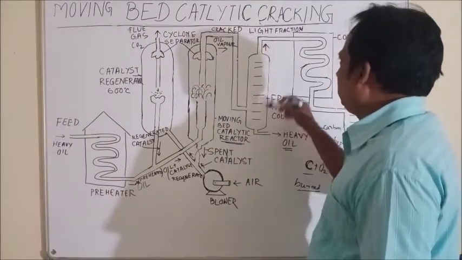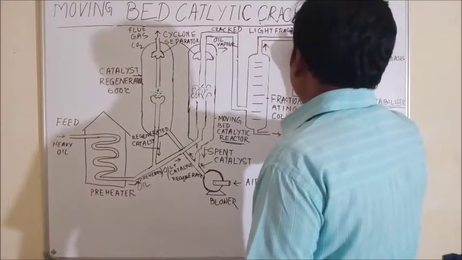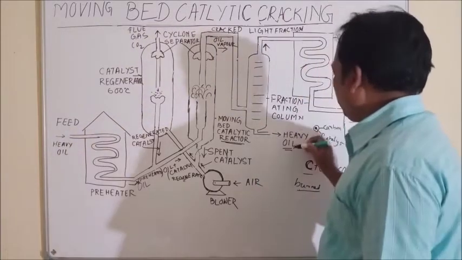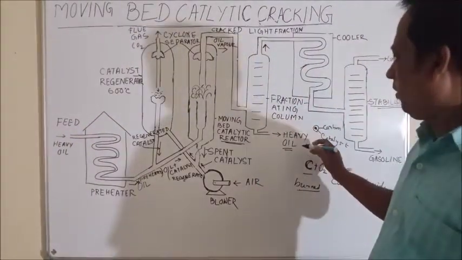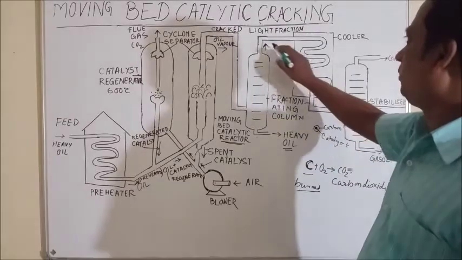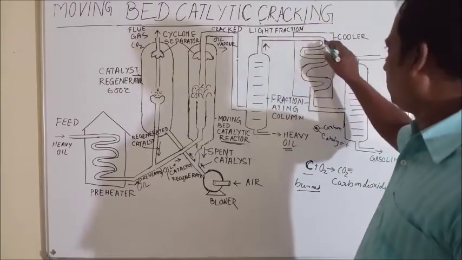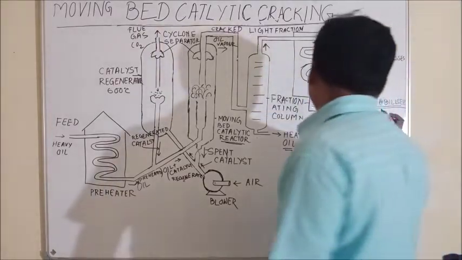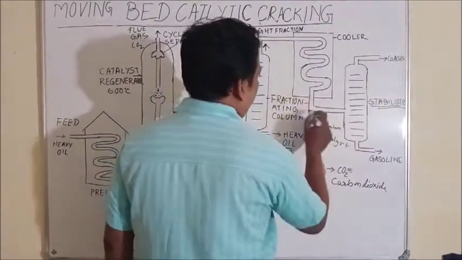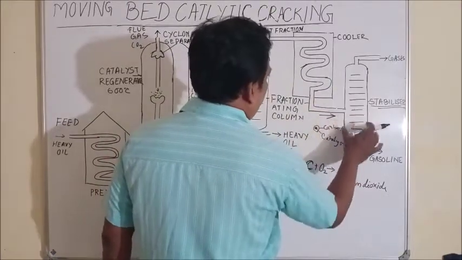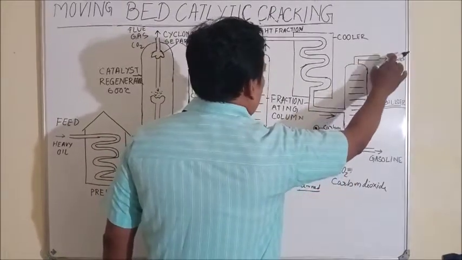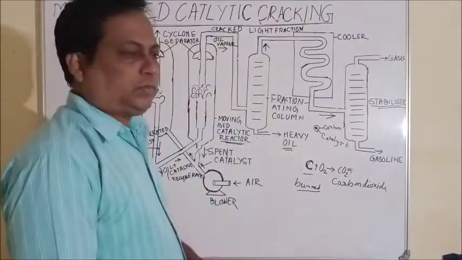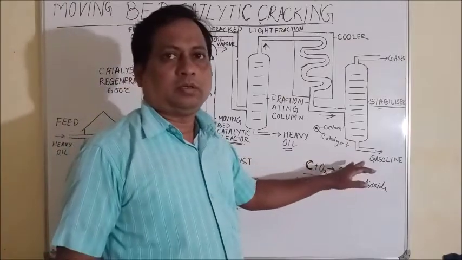Those oil vapors are fractionated here. The vapors or light fractions pass to the cooler, but the heavy oil is collected at the bottom. The light fractions go to the cooler, where they are cooled and then stabilized in the stabilizer. After cooling it goes to the stabilizer, where gases are collected at the top and gasoline is collected at the bottom. So this is all about